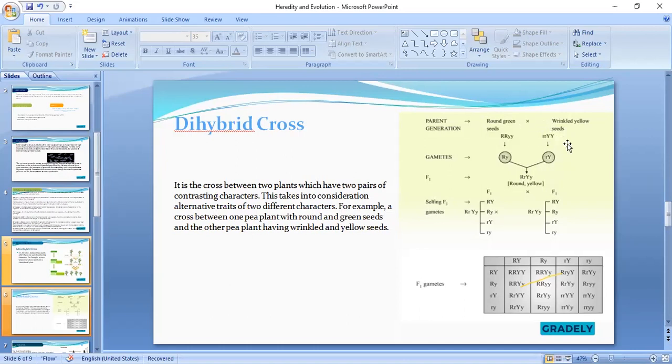Are you getting it? So what I want you to do, as I'm explaining this, is if you use this as a monohybrid cross, you know what you get? All of them will have a similar character. There will be what we call a heterozygous character, no longer homozygous. So this is a monohybrid cross. Individually, this round and green is a monohybrid, because in monohybrid, we are looking at, is it tall, is it short, is it round, is it green? Are you getting it? So we're looking at the shape and the color. I hope you are getting it.